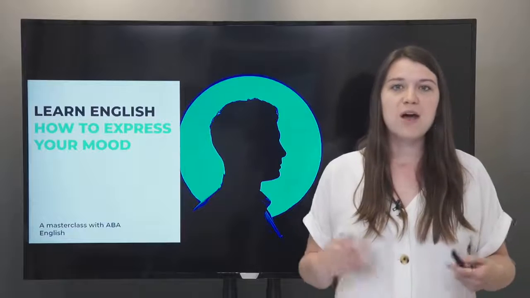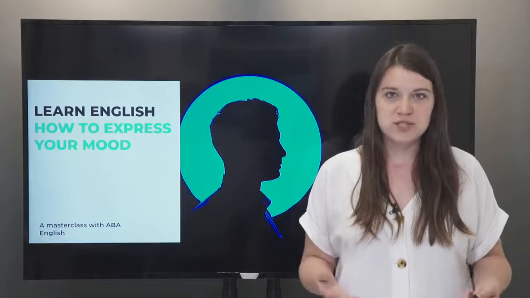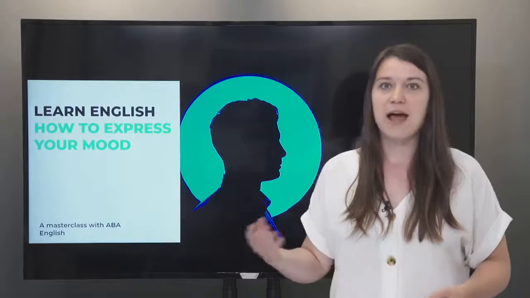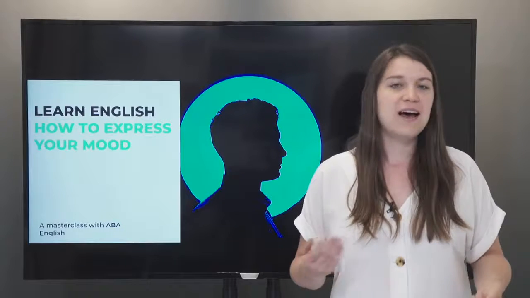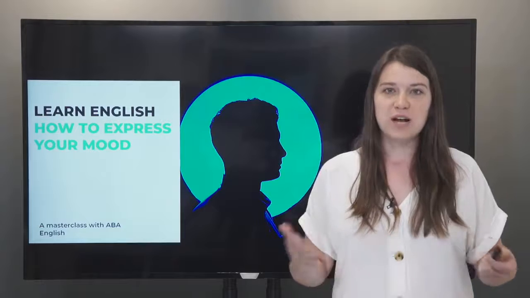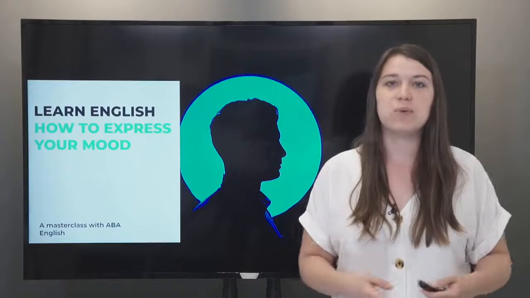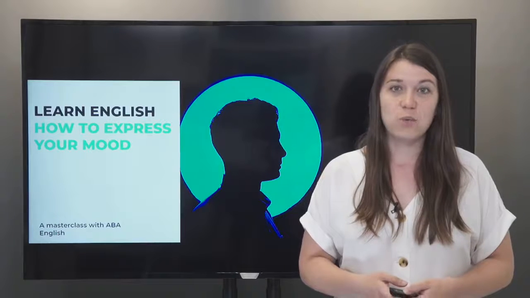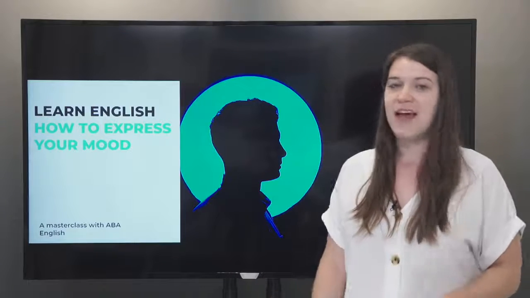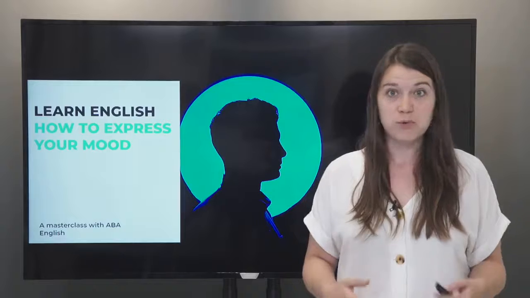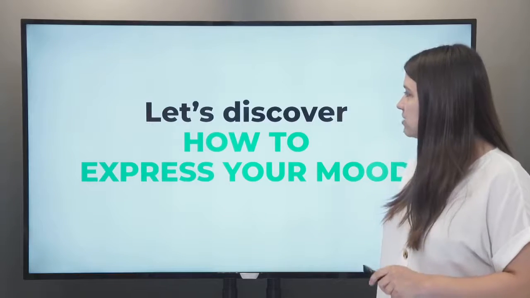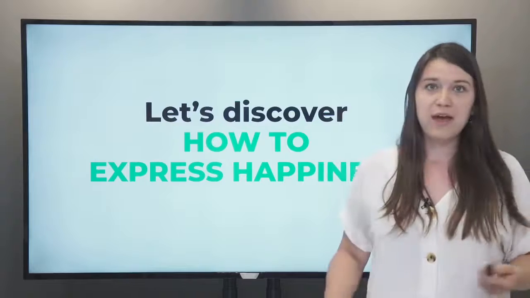So you may already know some different ways to say how you feel in English. The most basic are I'm happy, I'm sad, I'm angry. Those are the ones that we always use. So today we're going to look at some other options of ways to say how we feel, and that way you will sound even more fluent and you'll increase your vocabulary in English, okay? So let's start with happiness, okay?